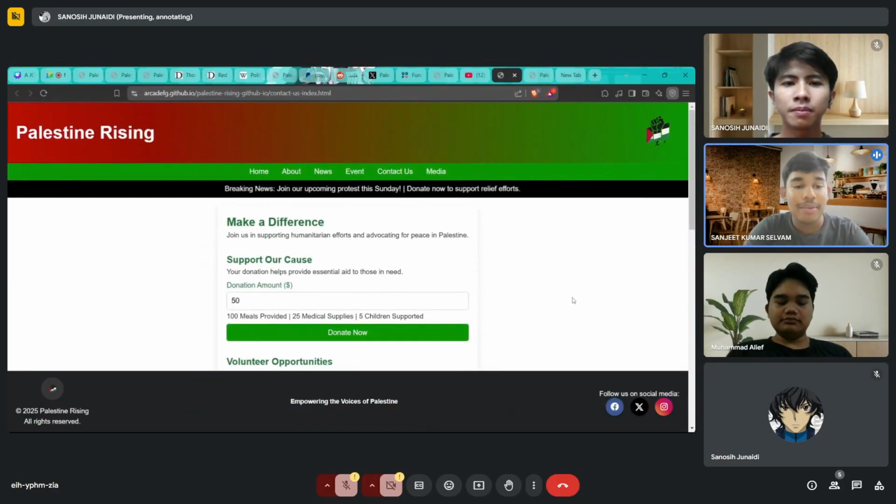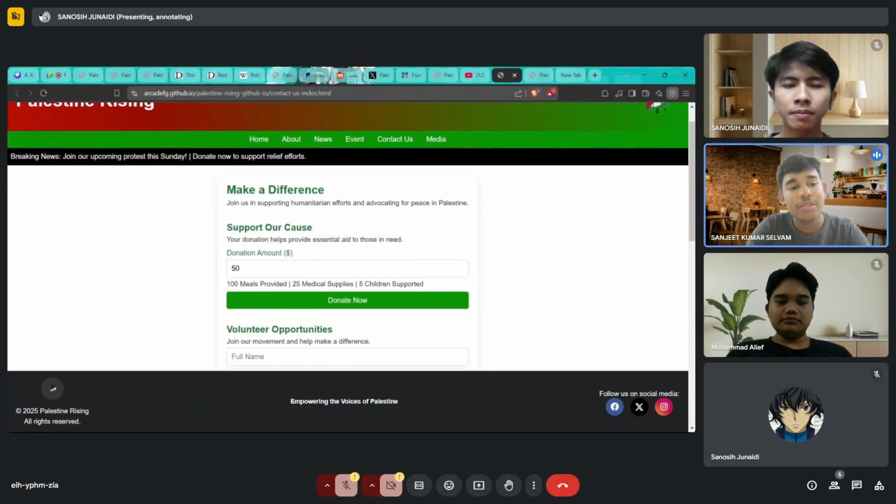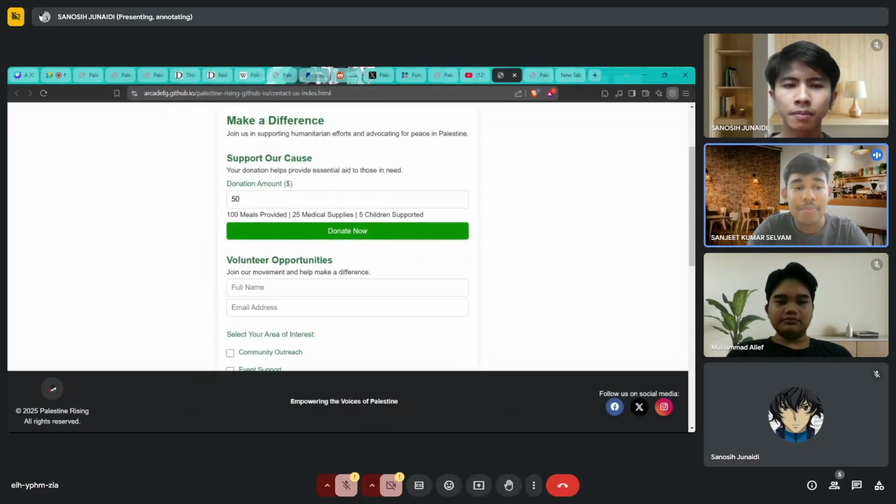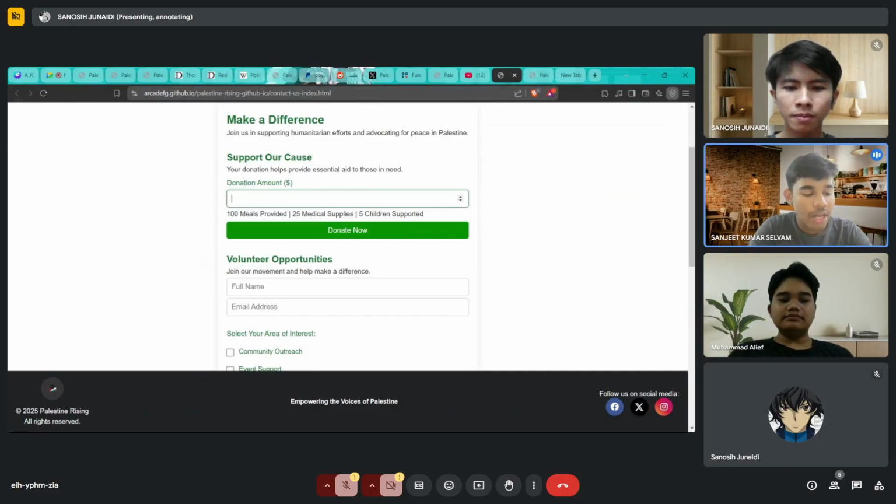As you can see on the website, I have added the same new sticker here. Moving to the container, you can see the "Make a Difference" heading and the paragraph below. Join us in supporting humanitarian efforts and advocating for peace in Palestine, as well as the same support and cause. For the donation amount, I have added an input type number so that you can input your donation amount and click on the donate now button, so that your fund will go straight to the